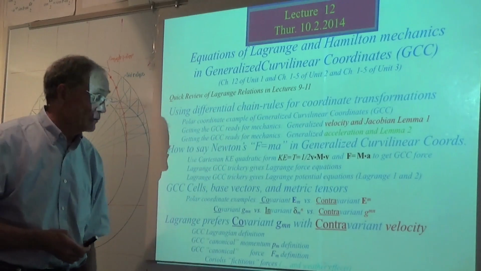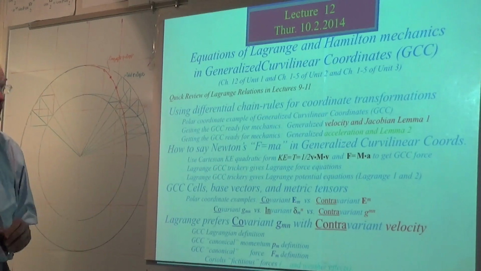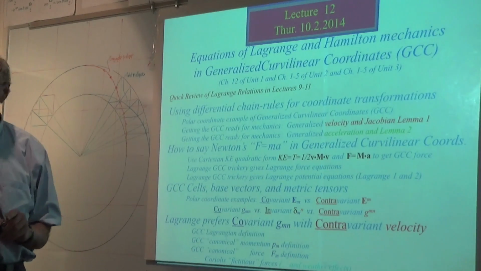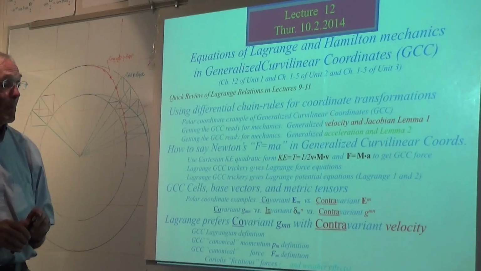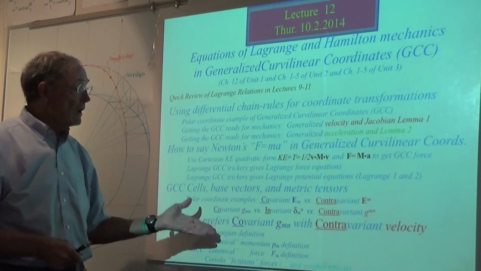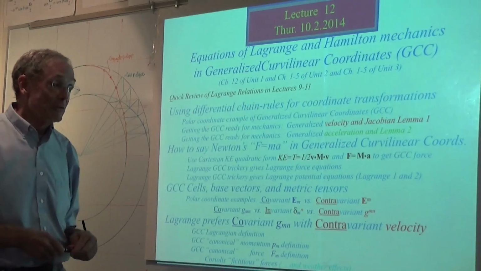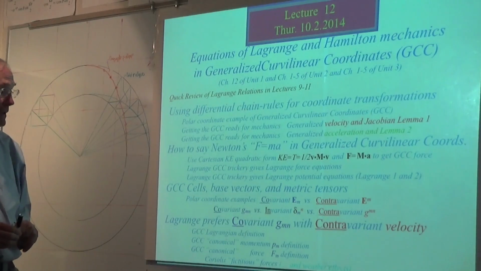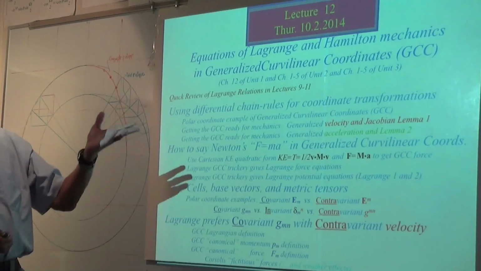Hamilton prefers to use the contravariant. This is taking some artistic license, because when these Lagrange and Hamilton things were developed, they did not know of or use the Riemannian